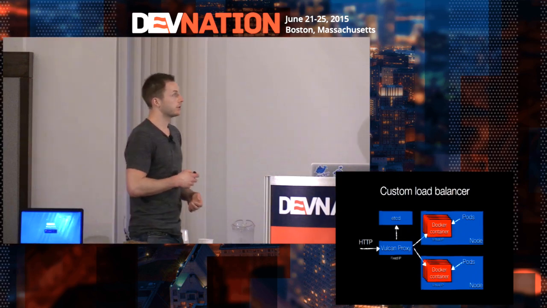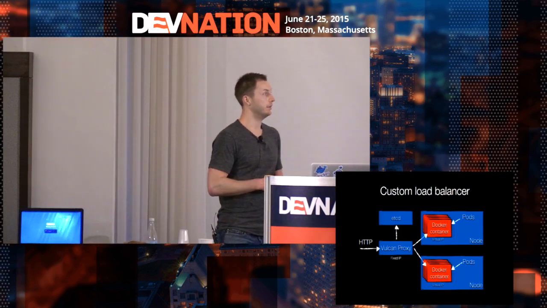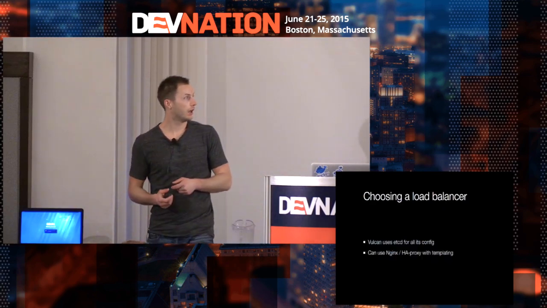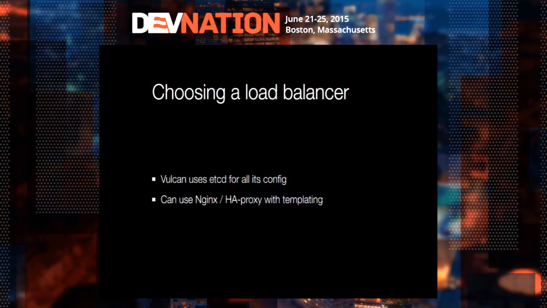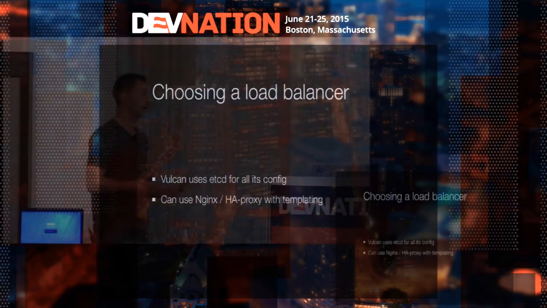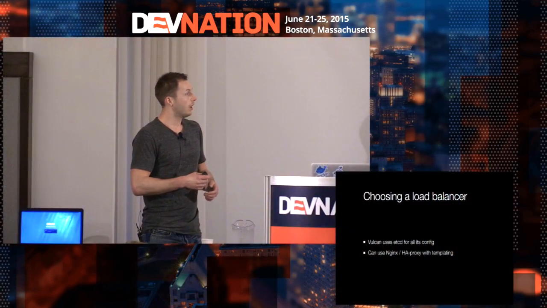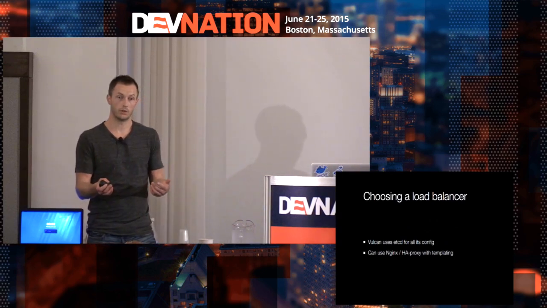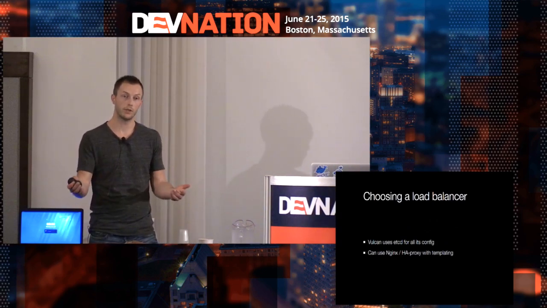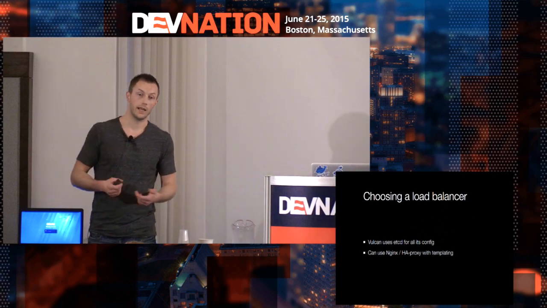In this case, you also see something new in the picture, which is etcd. You probably know about load balancers like Nginx and HAProxy, but Vulcan is quite a new load balancer, which is nice because all the configuration for Vulcan is stored in etcd. And etcd is a highly available key value store. The nice thing is that Kubernetes also depends on etcd. So if you have Kubernetes running, you also have etcd running, which means the infrastructure is there anyway.